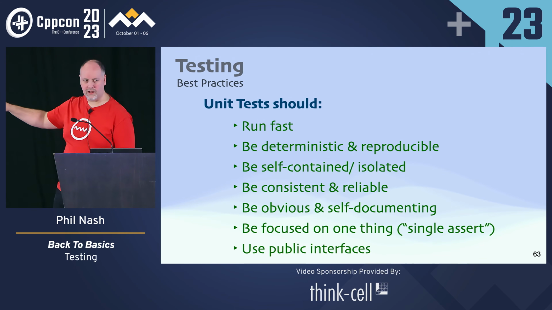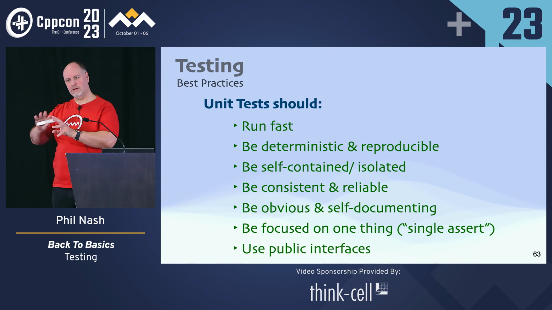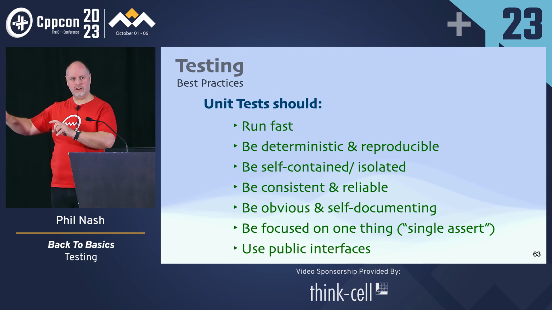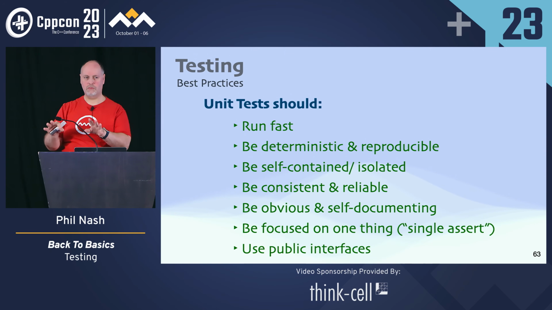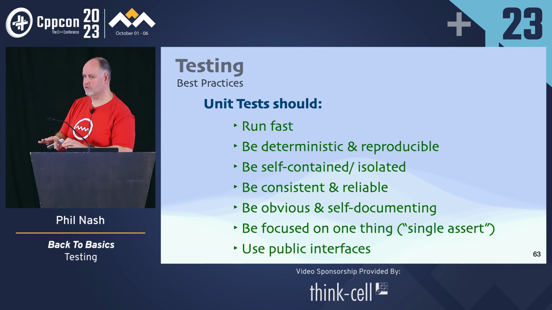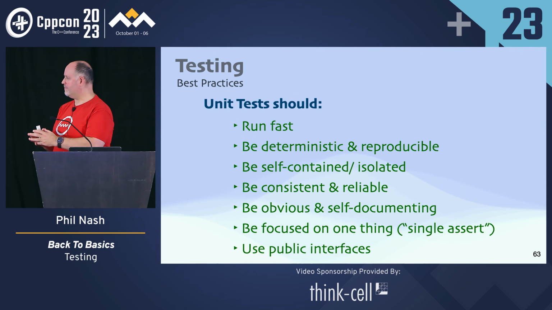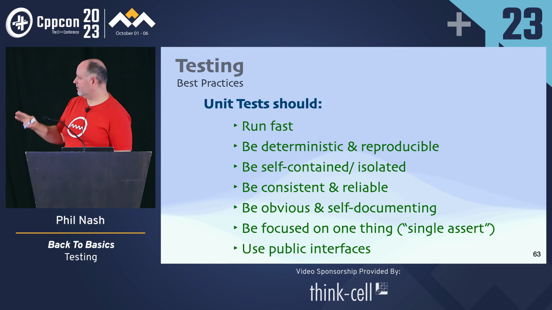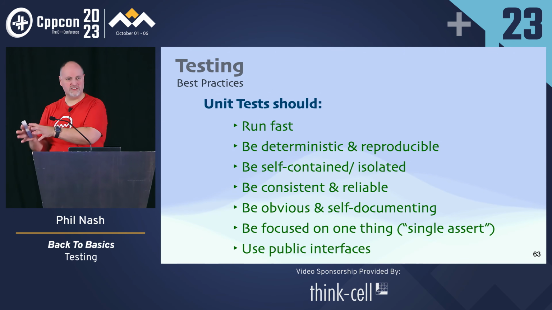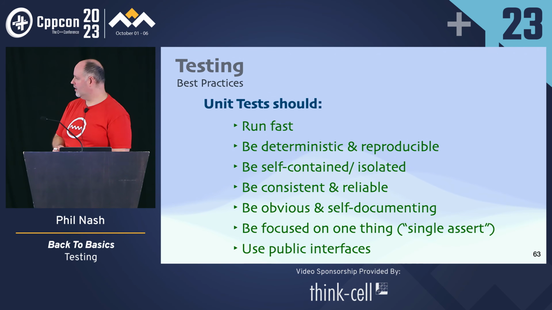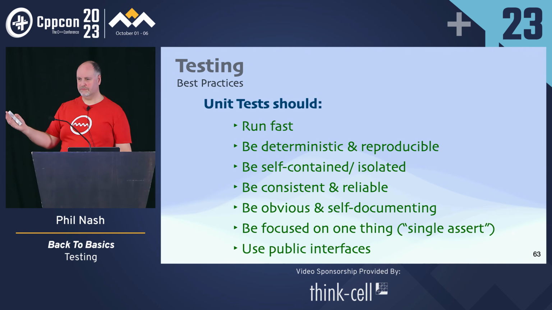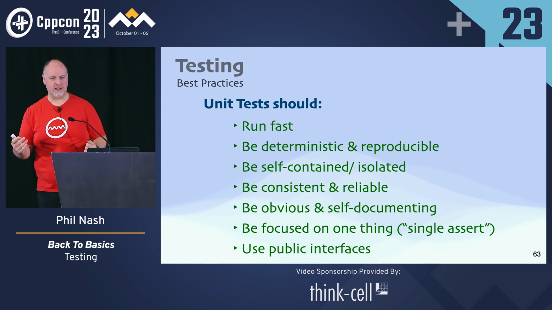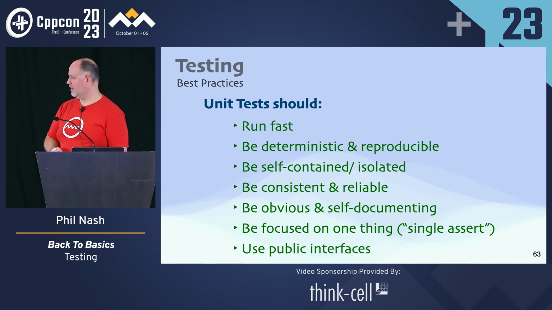The isolated part is interesting because you can take that further, and you can try to isolate code down as small as possible. We're not going to talk about mocking today, but if you've come across mocking before, that's in the area. There are some dangers there as well, but we're not going to get onto that today. So isolated as possible, I would say. Consistent and reliable. We don't allow tests to work most of the time and sometimes fail or give different results. They have to be reliable.